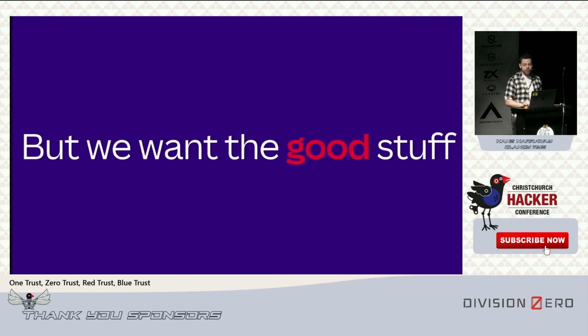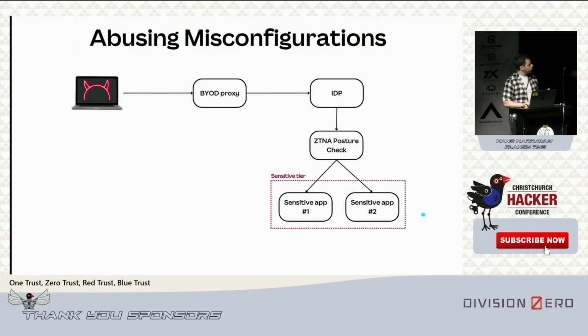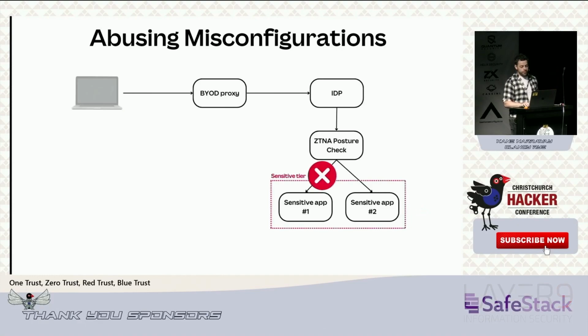But what if we really, really want to access those high-tier applications, the ones that require a managed device certificate? Well, say we identify that our user has access to two sensitive apps via their group memberships from earlier. Both of them are in the high tier, right? We don't have a managed device certificate, nor do we really have a way of obtaining one. We can't steal their laptop. We can't get the certificate provider to give us their certificate. So let's just try and access sensitive app number one and see what happens.